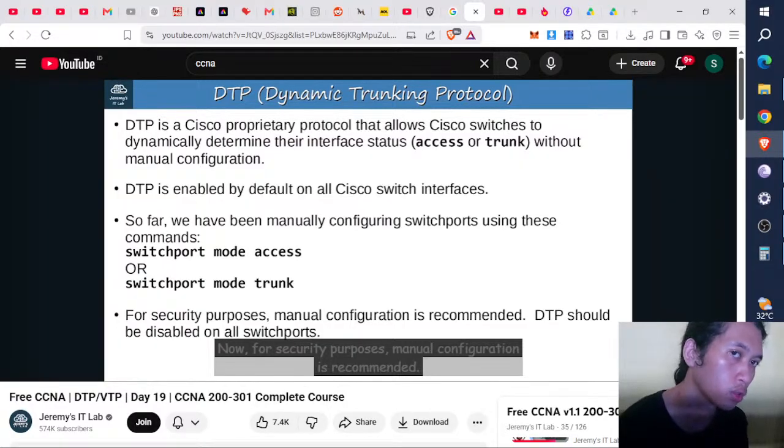Like security purposes, when you are already using OSPF for the dynamic configuration, you're using static configuration on